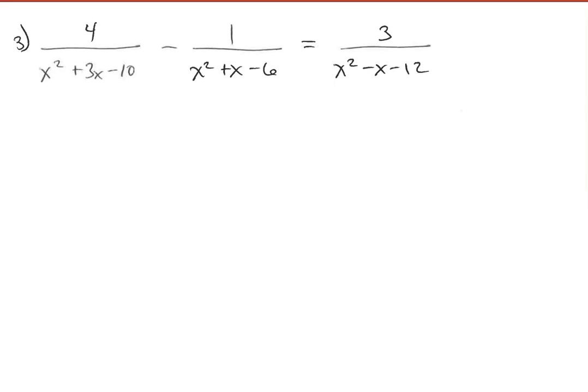Let's go ahead and try another example. This one begins with a couple rational terms involved in this equation. The first one has a 4 in the numerator. The denominator is x squared plus 3x minus 10. Then we have a minus sign, and then another rational term, which is a 1 in the numerator, and then x squared plus x minus 6 in the denominator, and then equals. And then on the right side, we have 3 in the numerator, and then x squared minus x minus 12